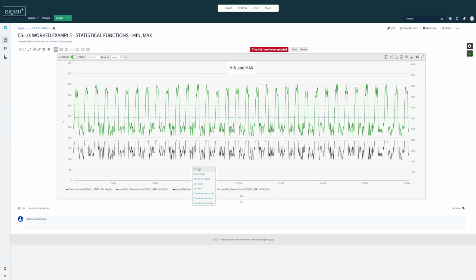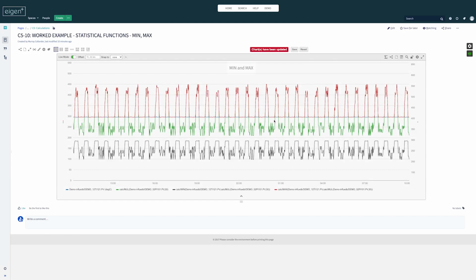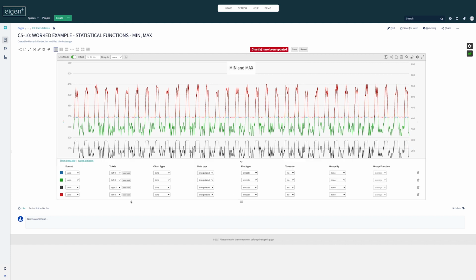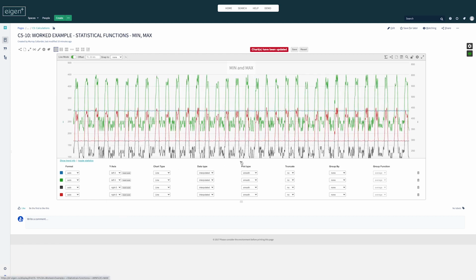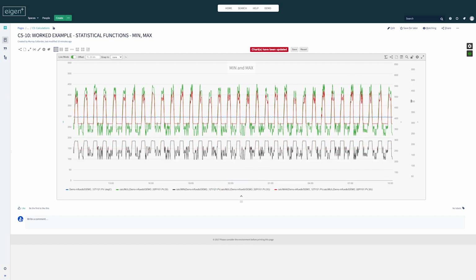So we'll go add tag. And instead of min, I'm just going to type it in here. I'm going to write max. That's an easy way to do it, and click add. There we are. Now if I pop this across to the other axis as well, in fact I'll make it easier on myself, I'll add it to the further away one. We can see now we've got our maximum